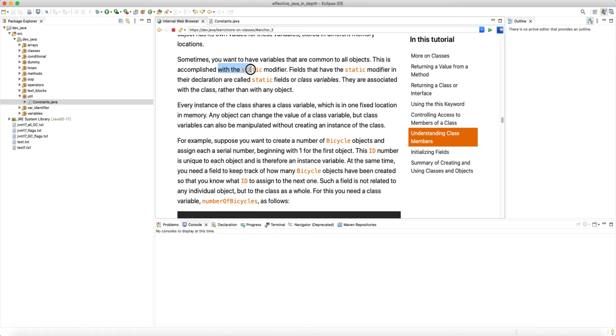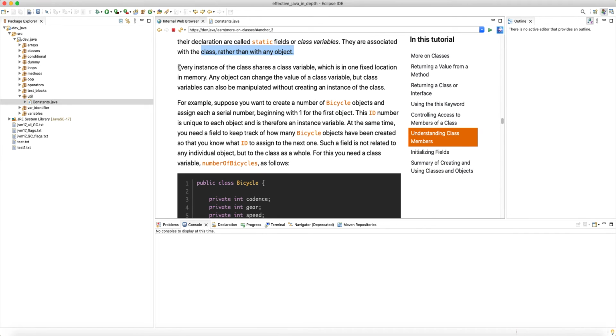This is accomplished with the static modifier. Fields that have the static modifier in their declaration are called static fields or class variables. They are associated with the class rather than with any object. Every instance of the class shares a class variable which is in one fixed location in the memory, and memory